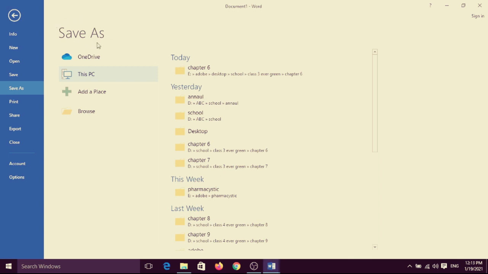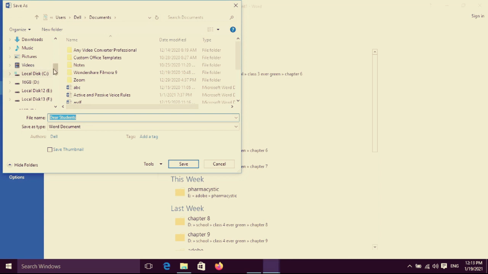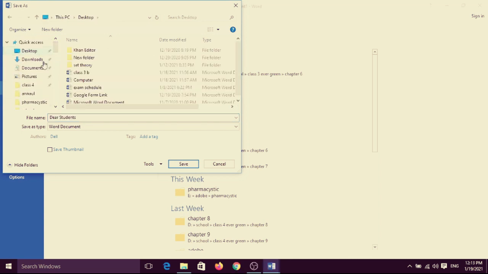The Save As option is here, and you choose the location where you want to save it. So you choose the location from here, browse and check where you want. Suppose I want to choose desktop and the file name is computer. And then after, press the save button.